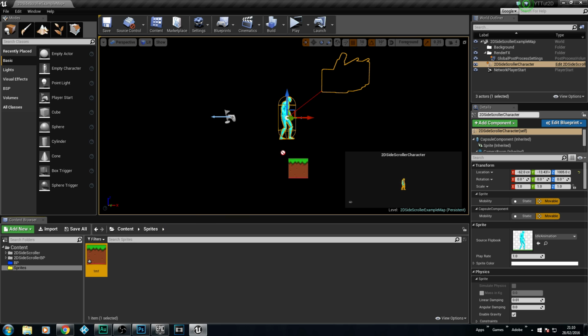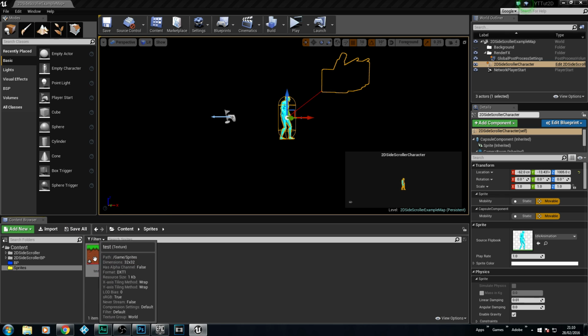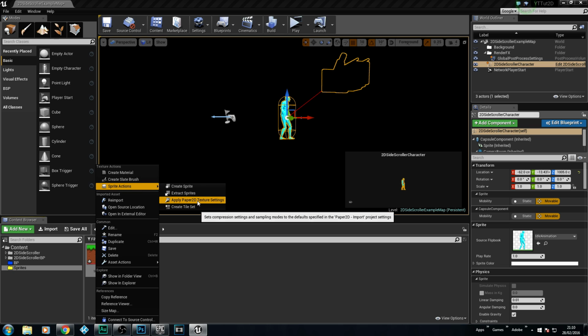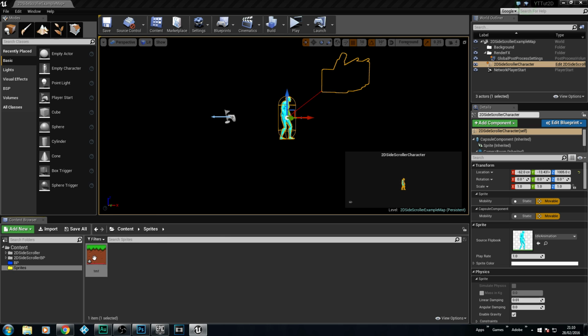Now, you can see I can't just drag that on because at the moment it's just a texture. That's how it thinks it is. And what I'm about to do now is going to be in a separate tutorial, but I'm just going to do it really quickly. I'll explain it in more detail when we get there, but I need to actually turn this into a sprite. So I'm just going to go sprite, apply paper 2D, and then right click again, sprite action, extract, and say extract. Again, I'm going to explain all of those steps in a lot more detail when further tutorials come, but for now, I just need to make sure I've got something for him to stand on